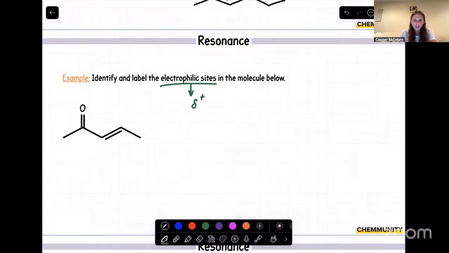And what we can do is work through the individual resonance forms. So if we're looking at the electrons in this pi bond and we wanted to showcase a resonance form, what can happen is the electrons in that pi bond can fall back onto oxygen. And if we were to showcase what that looks like, let's draw out our structure.